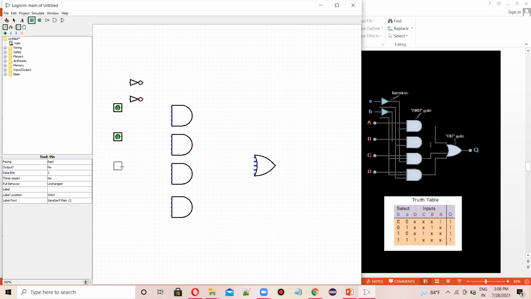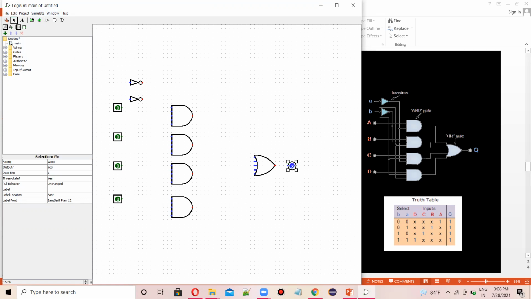Now it is okay. I'll select these 4 things here. It's done. Now I'll select the output here,